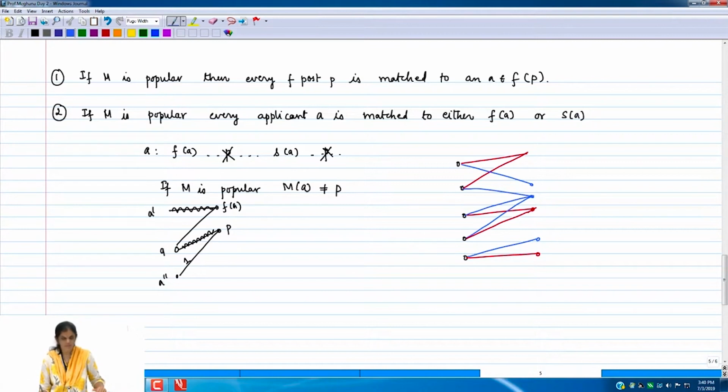But remember, what she is saying is she matched some applicant to its L of A. Is it allowed to match some applicant to its L of A? Yes or no? Yes, because L of A can be an S of A for somebody. Therefore, it's okay to match it to its L of A, as long as you match every F post, it is okay to match some applicants to their L of A, right? So now we will simply construct this graph and compute